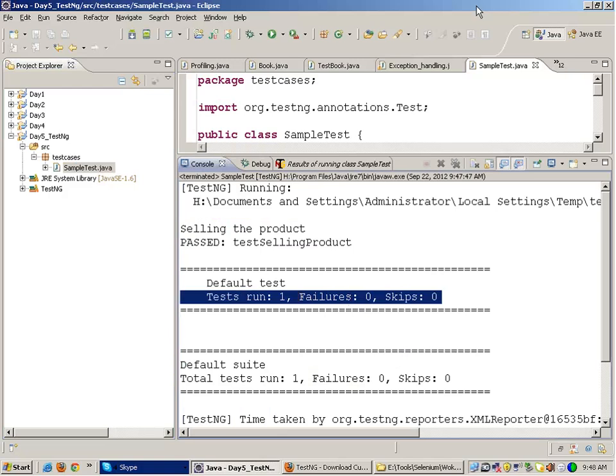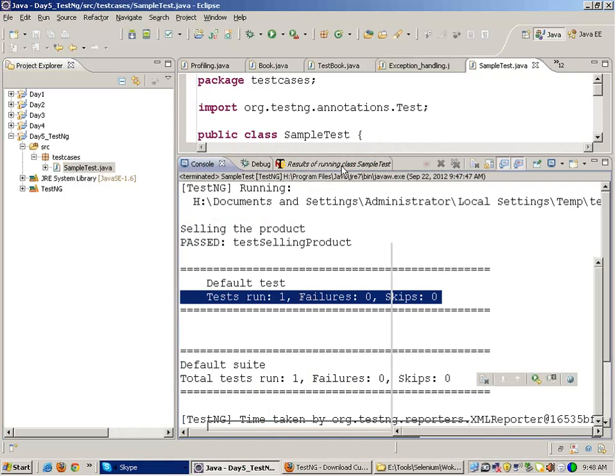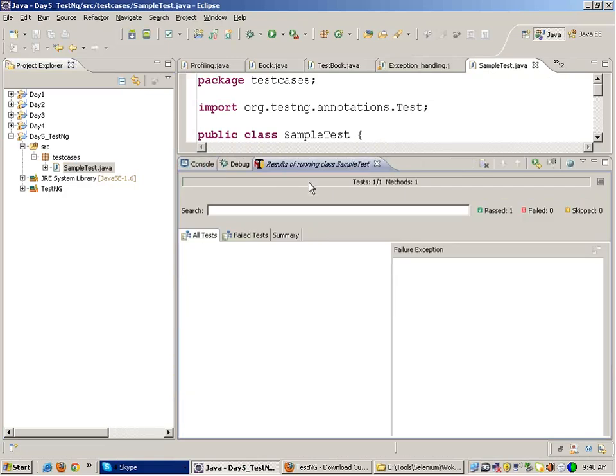Secondly, in your Eclipse, you will get a tab like this, results of running sample test. You will get a TestNG tab on the top, and if you look at this, in this,